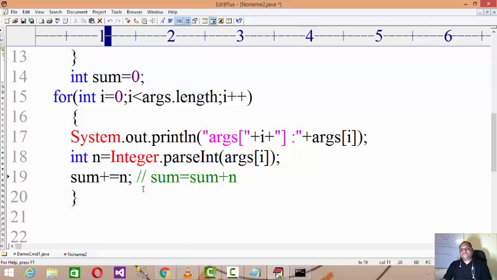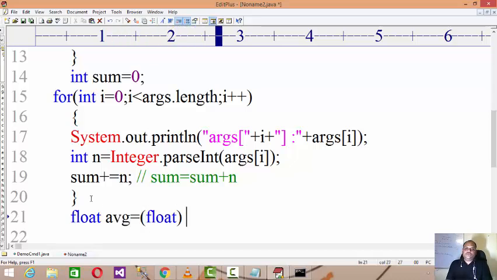So in this manner, now I can print the number with its subscript, convert it into an integer and assign it to n, and add it into the summation. Now I have all the numbers as well as the summation of all those numbers. So to find the average, I will write float average equals float of sum divided by args.length, right?